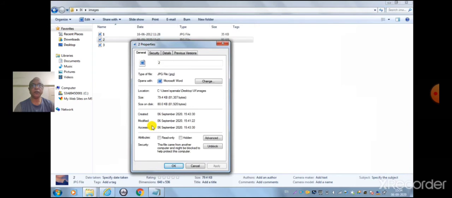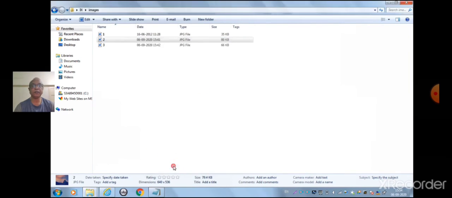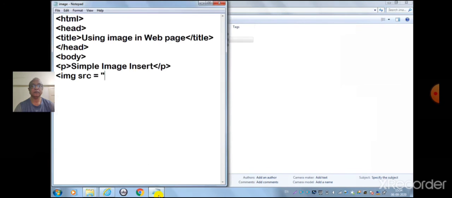The location, if you see, select that location, copy that location, come to this notepad page and paste it. Further, backslash, name of the file, dot, the extension of the file. So here the name of the file is 2.jpg.